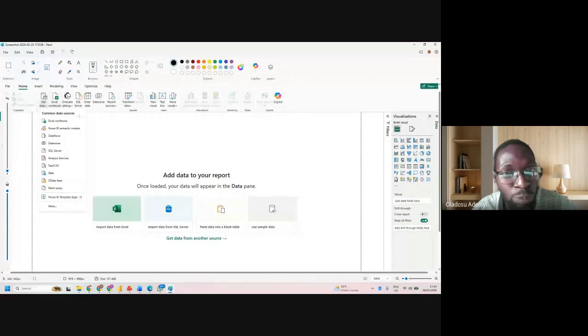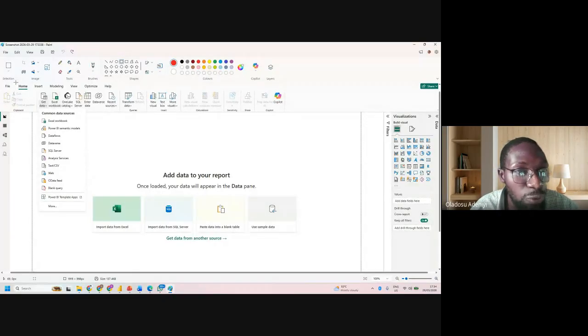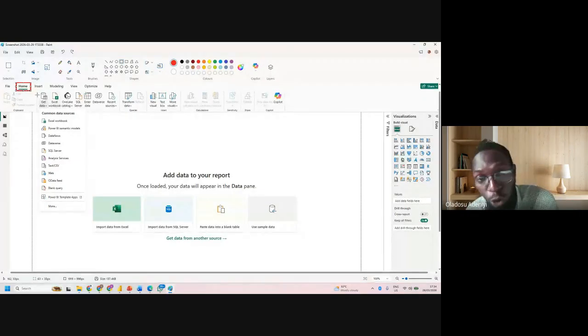And Excel workbook. So I'll come here. I'll click on red because it's red that I want. Then I'll click on this rectangle. So I'll come here. This one is first, right? Home. Can you see? That's the first thing you click on if you want to get data from Excel.